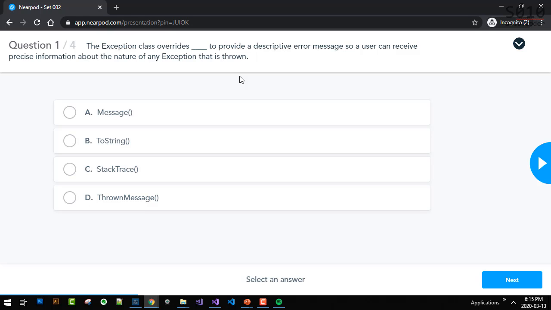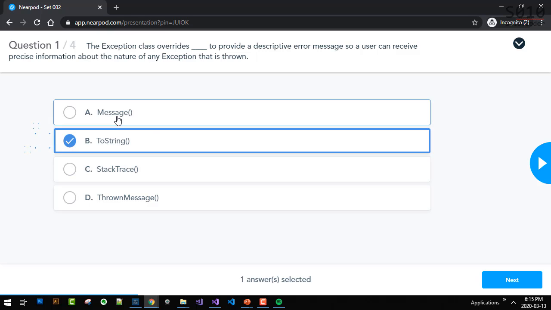Okay? So the question says the exception class overrides something that comes from object: the ToString method. It has a message, but message is not a method. Message is a property.